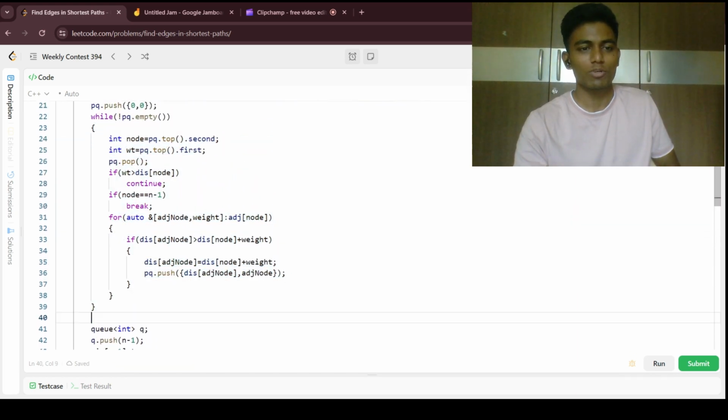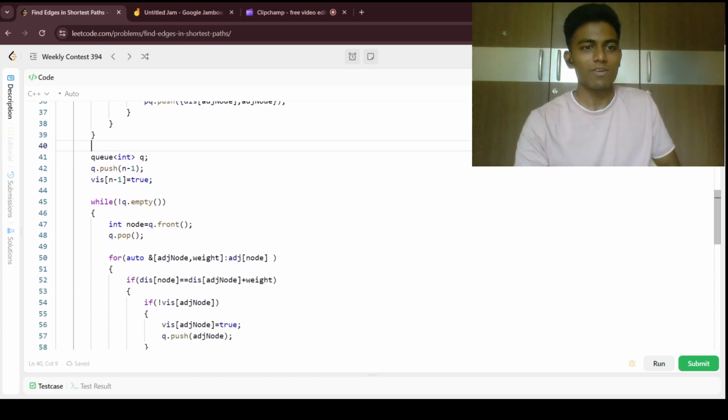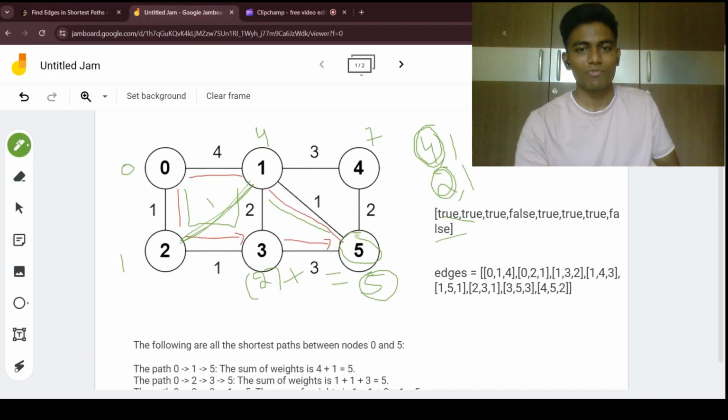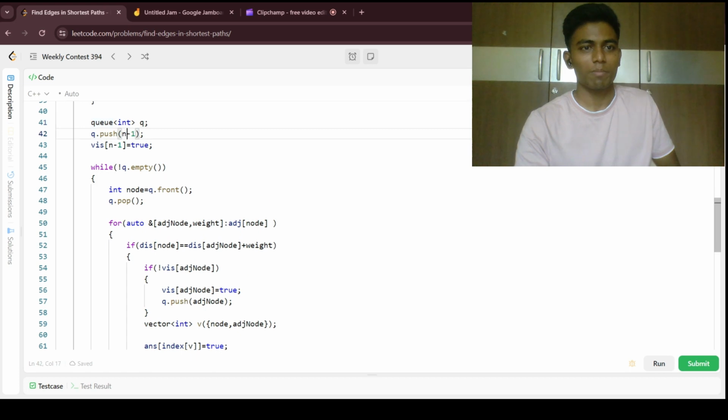And then from now we need to traverse from the destination, that means from 5 till all the nodes which are present. So for this we are going to visit this one, and then this one again, and then again this one, and then again this one, and we are going to mark those. So we are going to take the queue, and we are going to push n minus 1, and then we are going to pick each node, and find the adjacent node for this. And then if the distance of this node is equal to the distance of this adjacent node plus the weight, that means this particular edge is